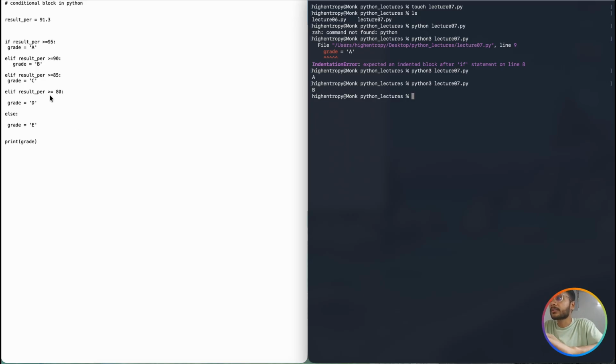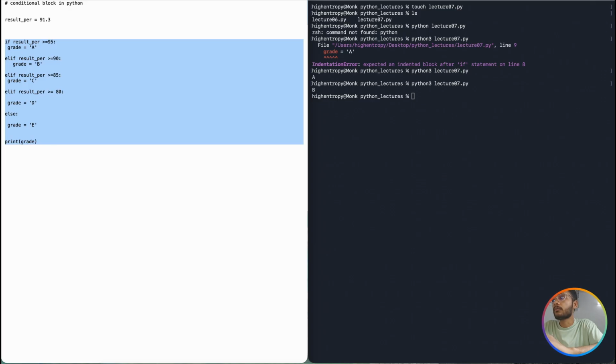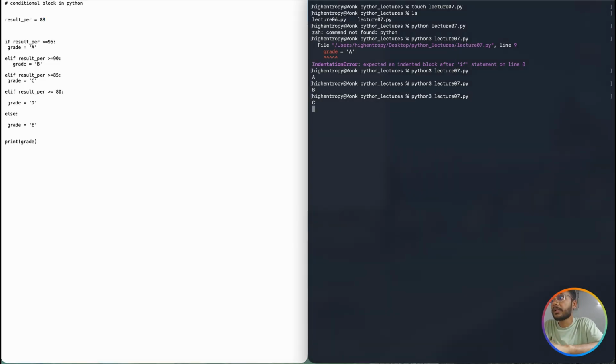And suppose you kept it something like this. So elif means, if you are using elif, that means there will be an if before it, and after that it is chaining. If I keep 90, for example, and it is less than 90, then what will be the C grade? So let's say an 88 percentage. It will compare with the first line, it's not matching. Second, it is not matching. Third, it will say, okay, it is matching, it's greater than 85. Let's print grade C.